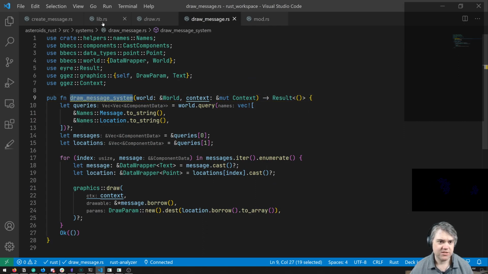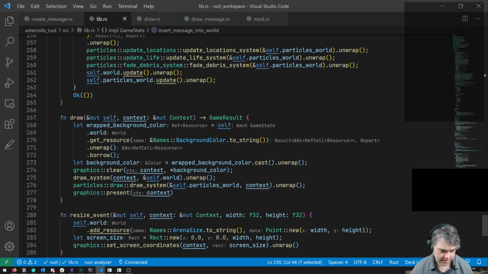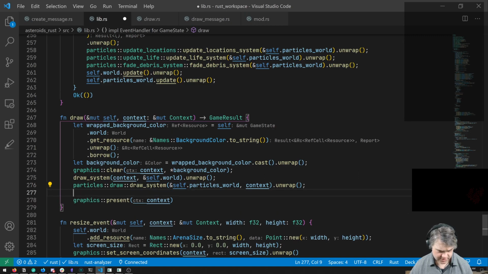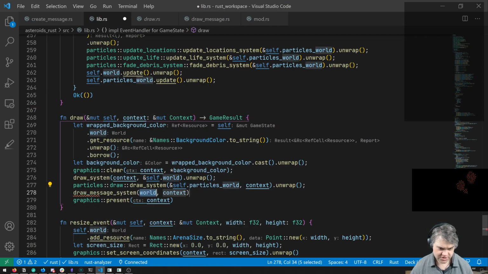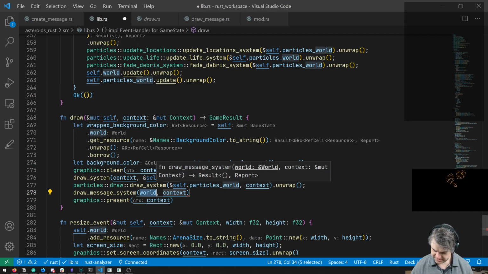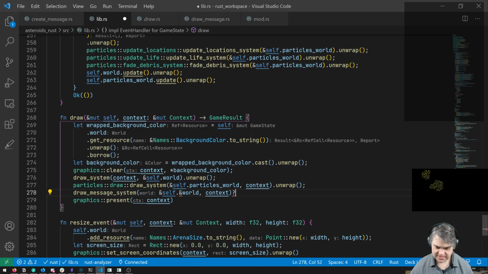Our draw message system. We now want to go into our draw. Let's make this at the very bottom so that everything draws. So we're going to do draw message system. Pass it in a reference to self.world, pass it in context.